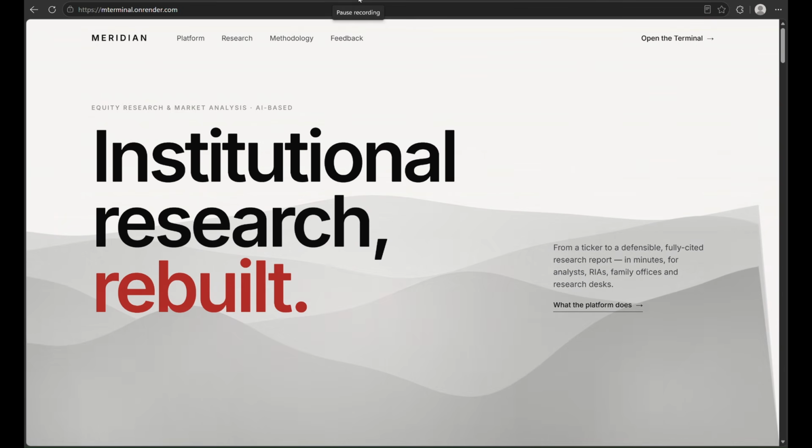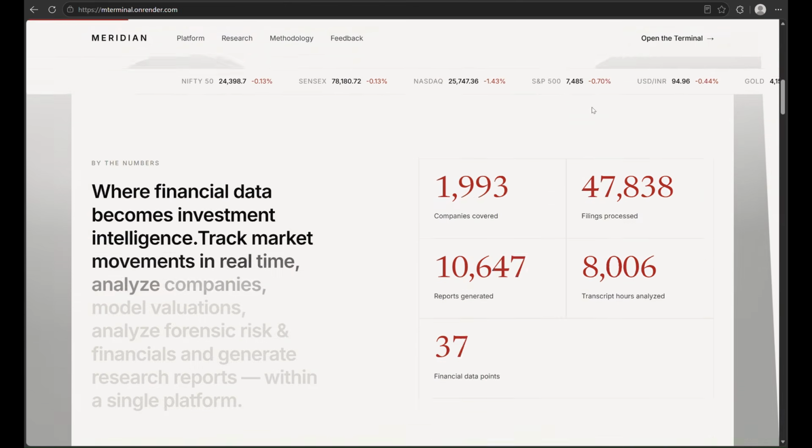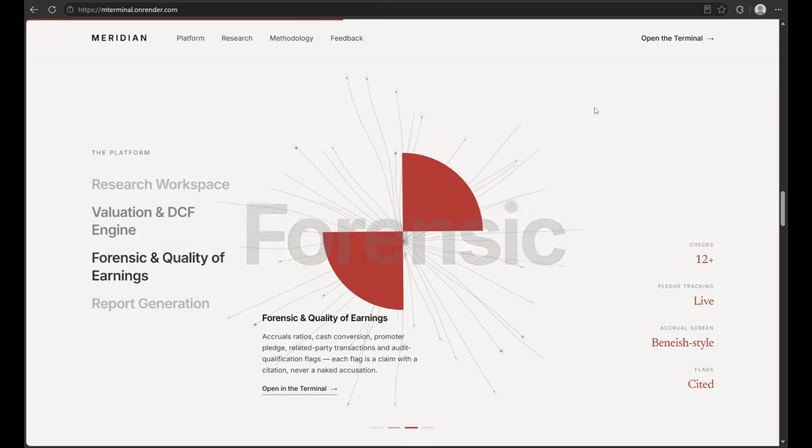I'm a CA finalist student currently working at KPMG, and this is the website that I have built as a part of my portfolio. This is the landing page of my website, which generally showcases the user interface and which is for the purpose of various features. It has a full animation sort of thing, you can see.